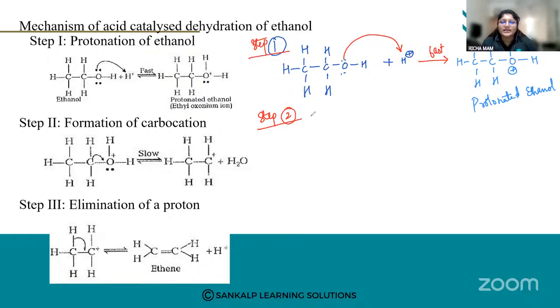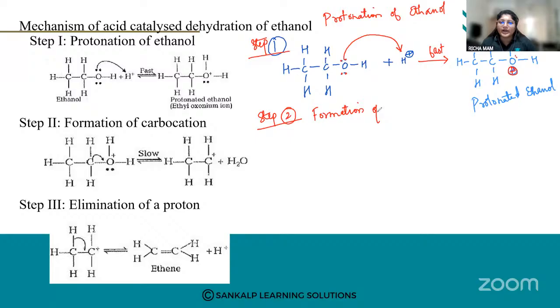First step is protonation of alcohol, that is your ethanol. The lone pair of electrons is going to attack the H plus ion, and you're going to get a protonated alcohol. You can see a positive charge on the oxygen. This charge has to be written properly. Second step is